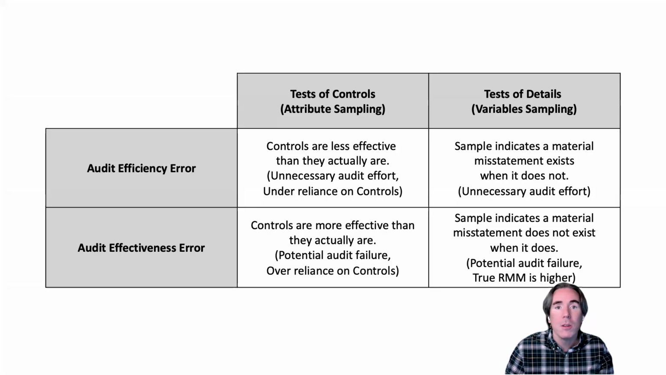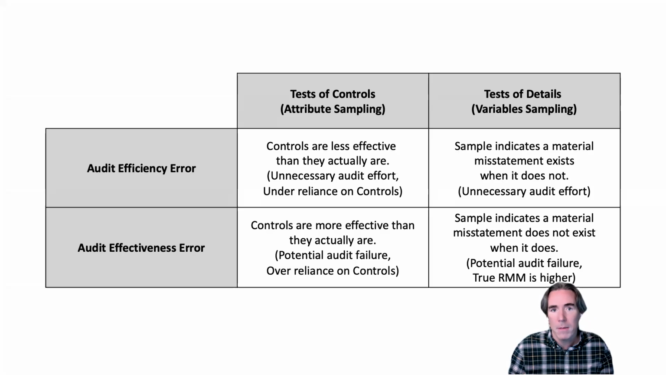In sampling, there are two types of errors an auditor can make: an efficiency error and an effectiveness error. An efficiency error undermines the profitability of an audit. An effectiveness error undermines the success of an audit. When we're looking at controls, to say we have an efficiency error means we conclude the controls are not effective